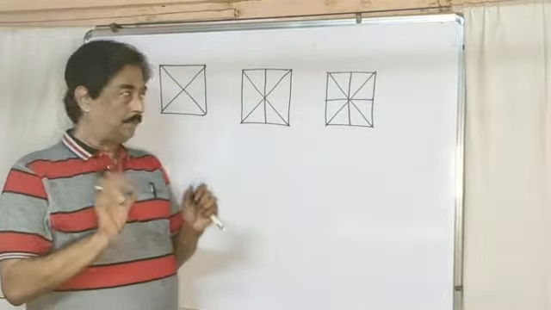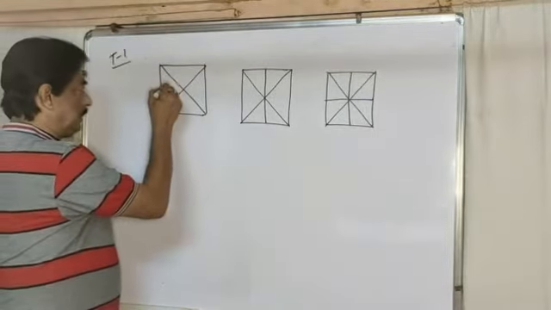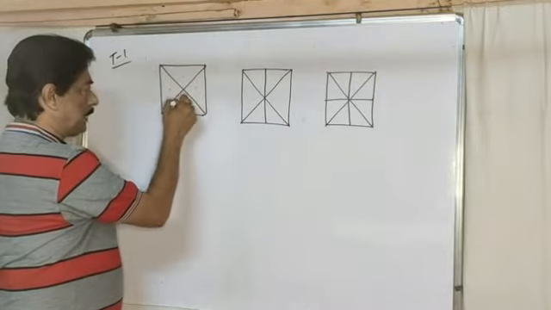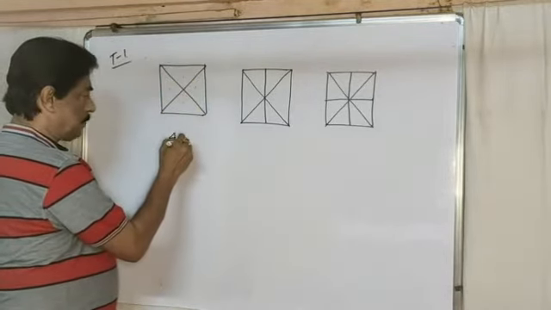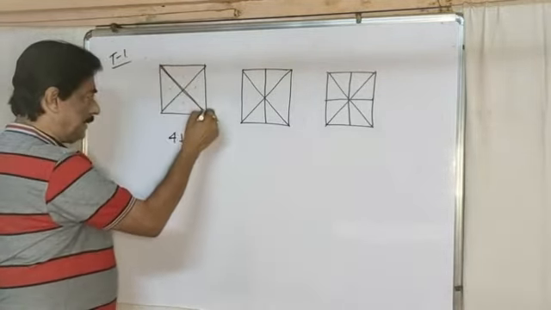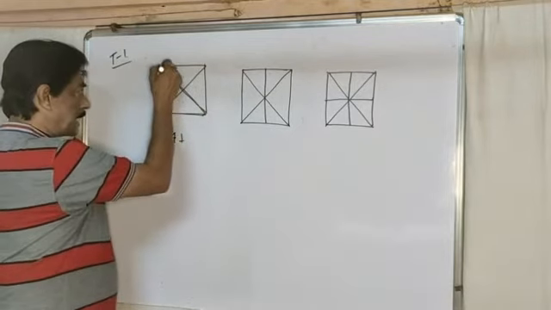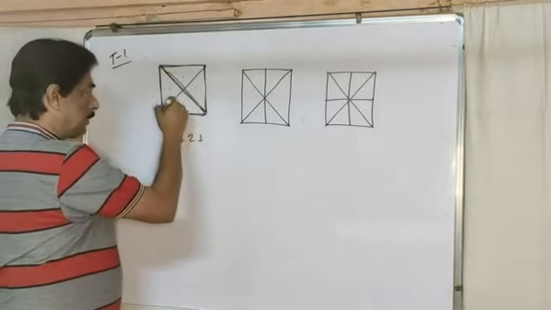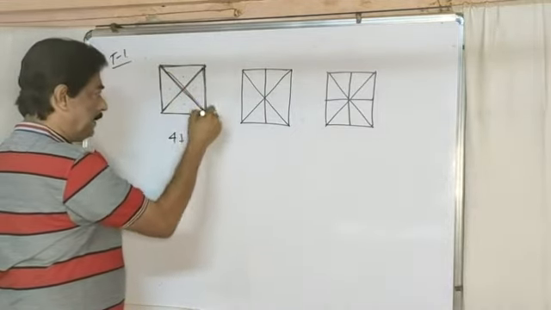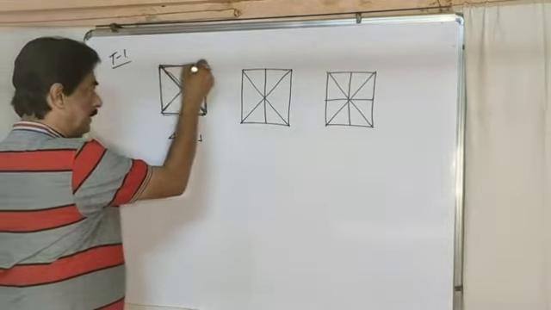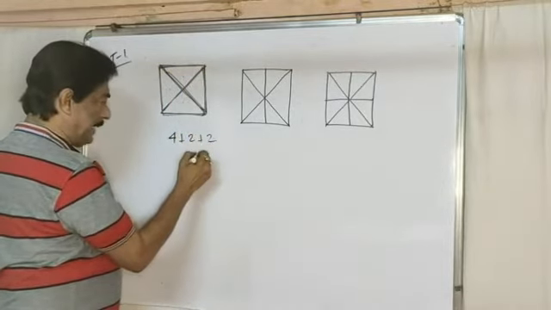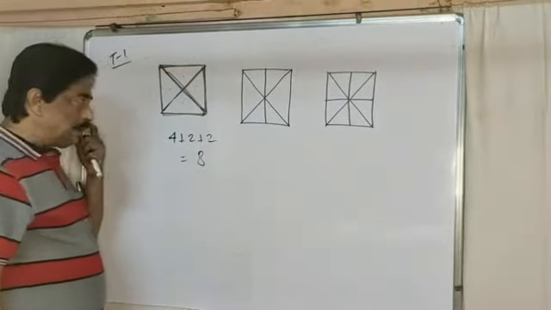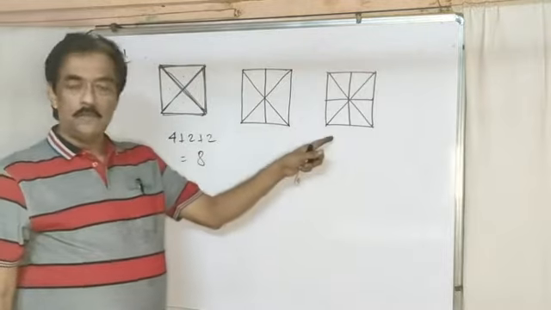If you know the concept, we can find these 1, 2, 3 and 4 triangles, 4 plus. If I consider this line, this is one triangle and that is another triangle, so another 2. If I consider this line, this is one triangle and this is one triangle, another 2. So the total is 8. In this way, if you count these and these, it will take more time.